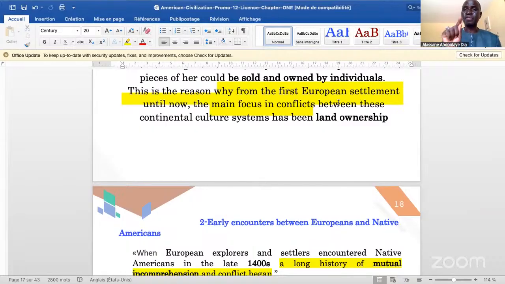class, from the first European settlement until now, the main focus in conflicts between these continents, cultures, and systems has been